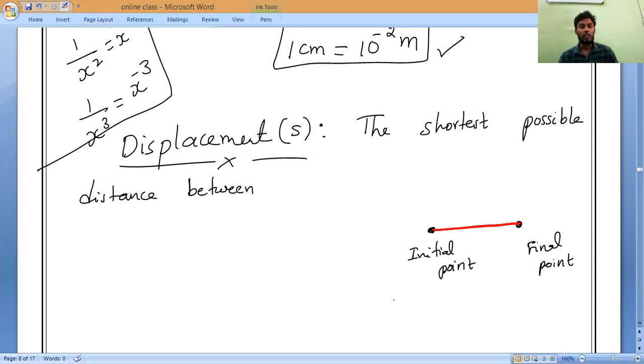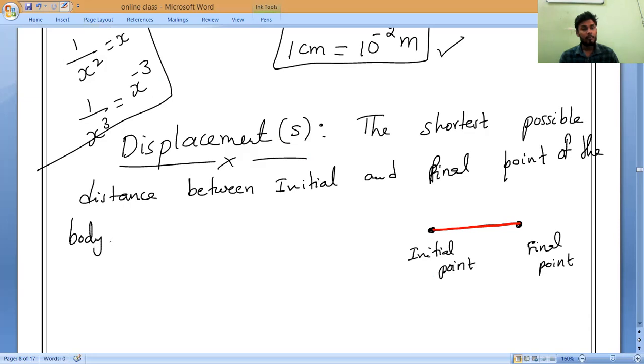The shortest possible distance between the initial and final positions of the body is called